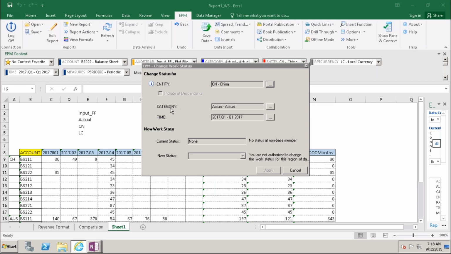For the other two dimensions, you can get only all the base levels. And the intersection of this dimension data is what we are going to lock.